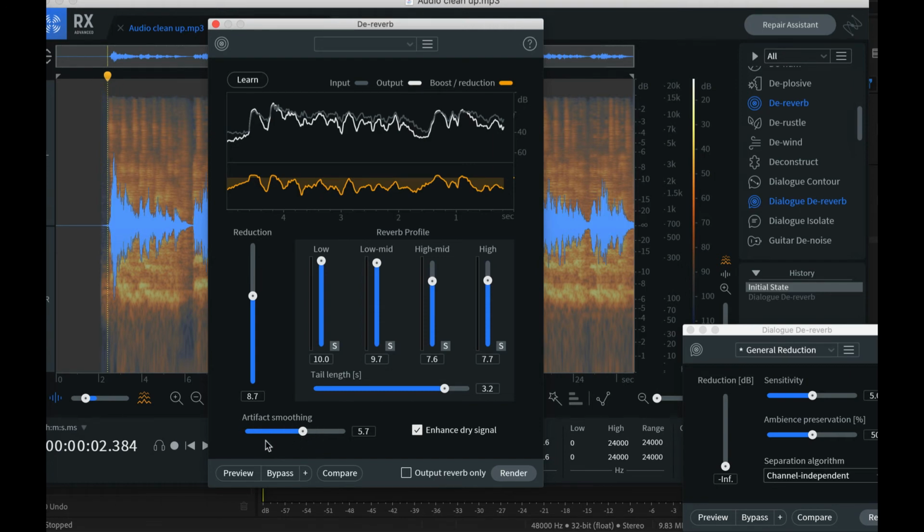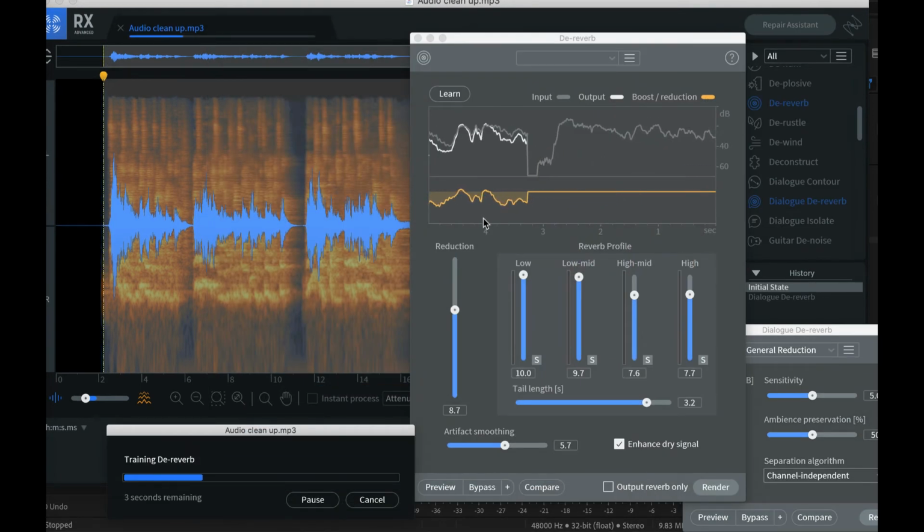Artifact smoothing, it's essentially the ambient preservation kind of thing. It's working under the hood and trying to make it so it's not so many artifacts that you hear. Enhanced dry signal will do just that. It'll try to find within that recording any frequencies that aren't super reverb heavy and amplify those. So it's going to scan through that audio file, listen